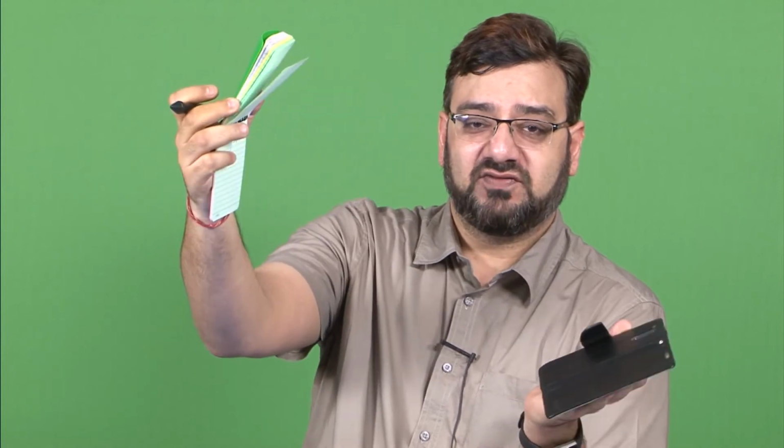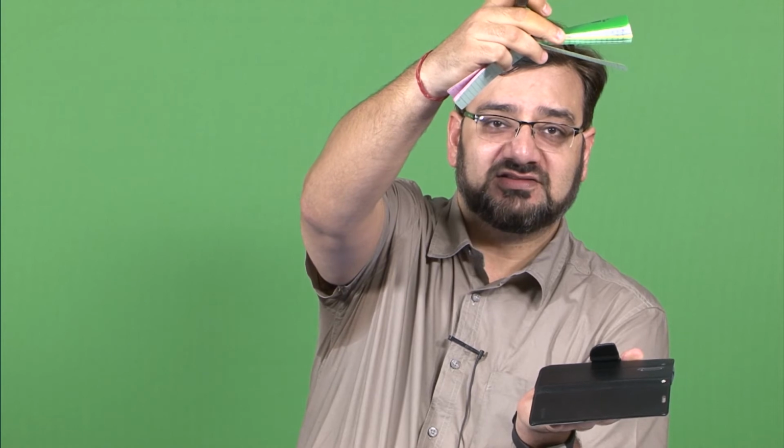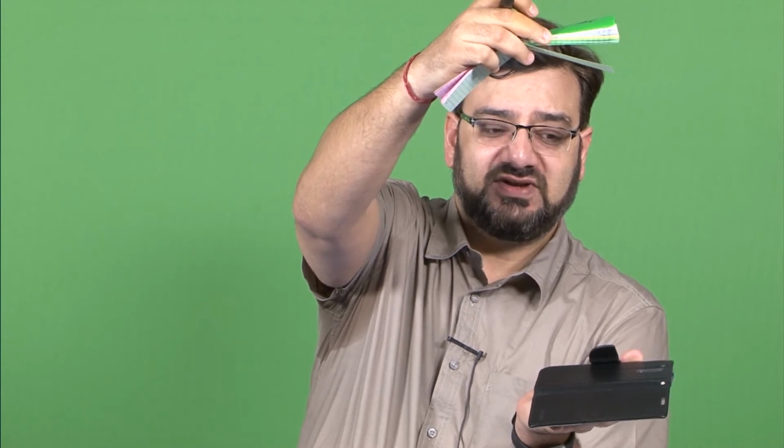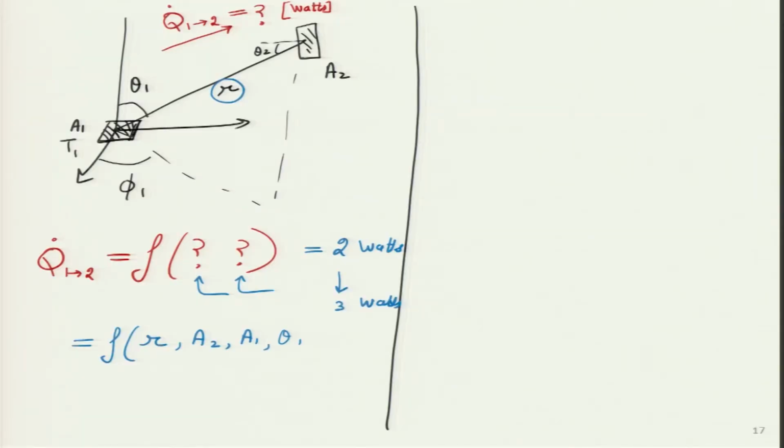What about theta 1? Both have doubled their surface, but it is lying somewhere over here. If it becomes normal to it, I think the radiation may increase. I think students will understand that, right? If I am sitting directly in front of a surface, so in front of me there is a television screen. If I am sitting directly in front of it, the viewing angle is better rather than if I go and sit near the side over there, then I will get only a fraction of the radiation coming from there, which means it also depends on theta 1.